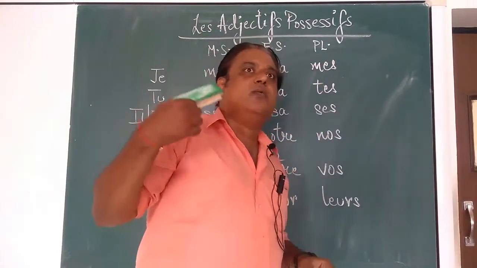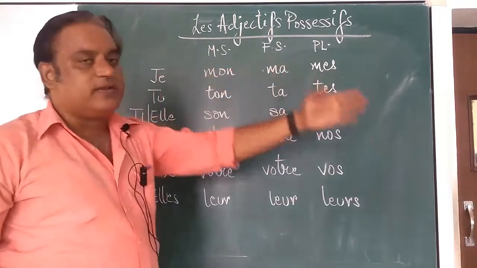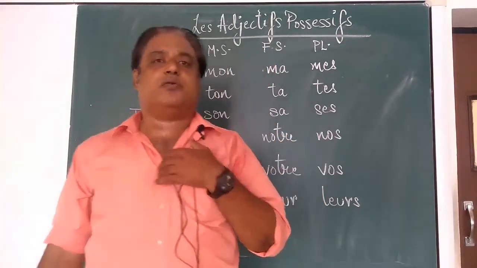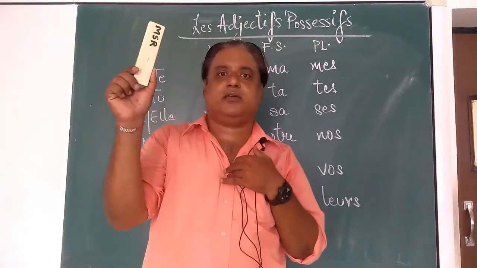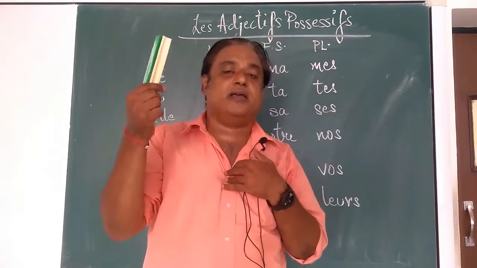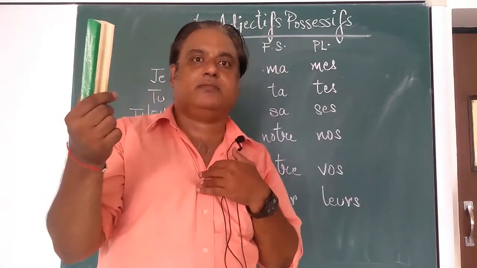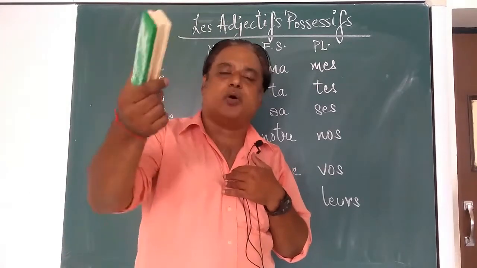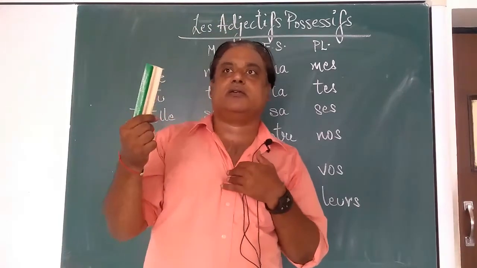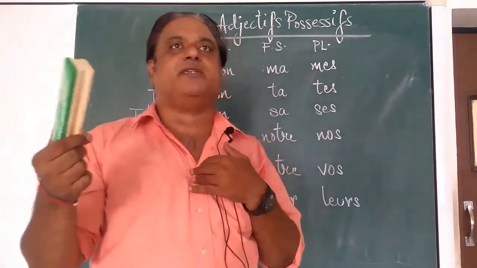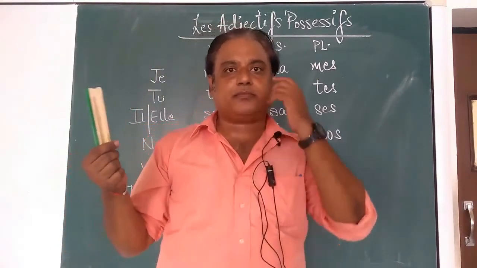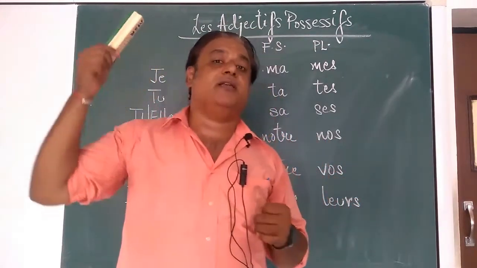Now again the question comes in, why does every person have a different set of possessive adjectives? As in English, if I have to talk about me, this duster is mine, or this is my duster. So for me or I, we have the possessive adjective my. For you, this is your duster. So second person, your. Now in English, it is invariable. That is, these possessive adjectives do not have a different formation for masculine or feminine. Right? Whereas in French,